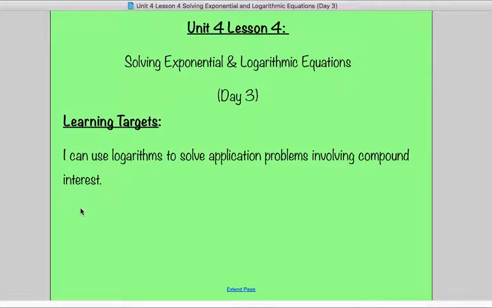Hello class, welcome to Unit 4, Lesson 4. Today we're going to continue solving exponential and logarithmic equations. The only difference is today we're going to go ahead and use these techniques to solve application problems that involve compound and continuous interest. So we should remember our equations from earlier in this chapter, but we had our compound interest,